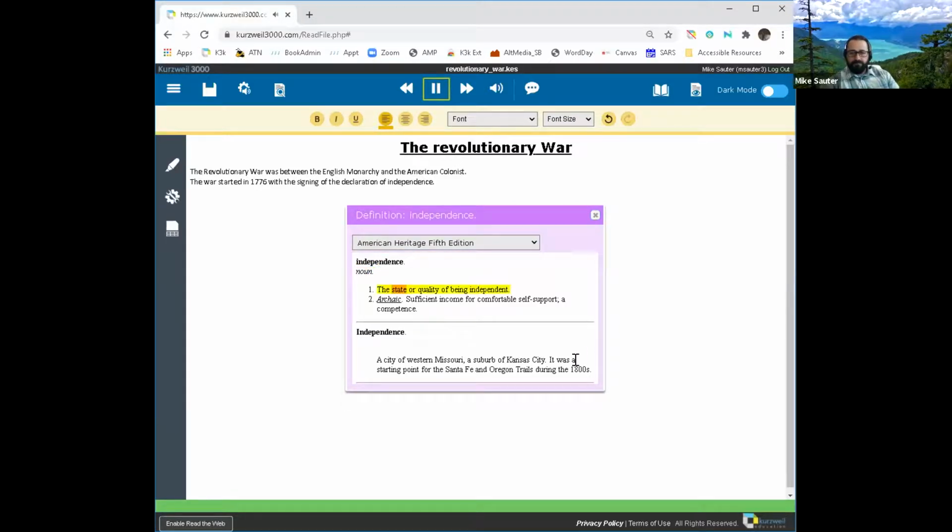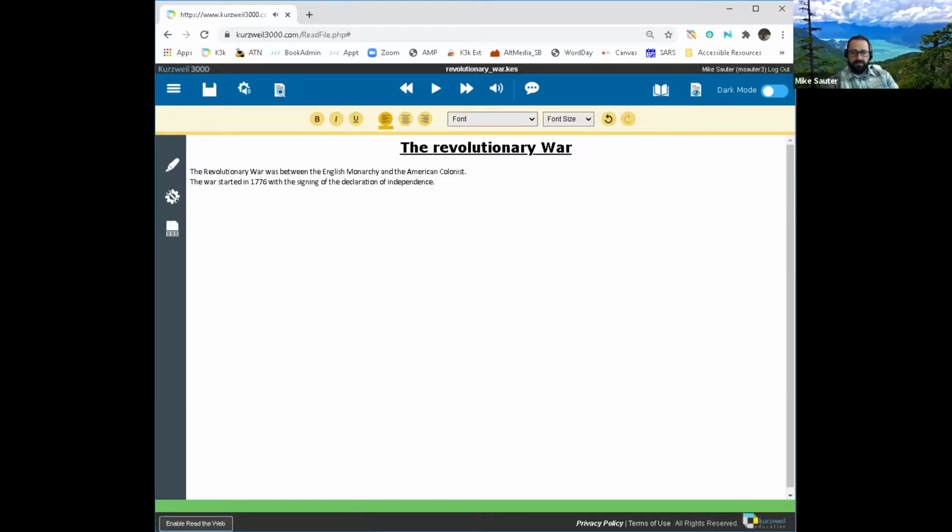Independence. Noun. The state or quality of being independent. That's the right word that I'd like to use, yes. Wonderful. So those are some of the basic tools that we have built into the blank document.